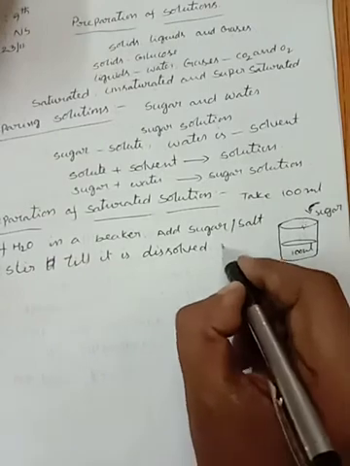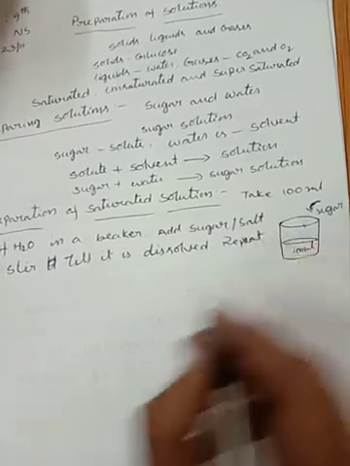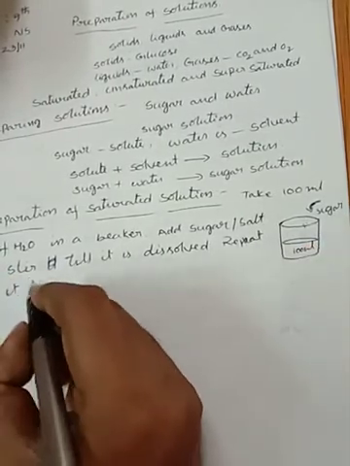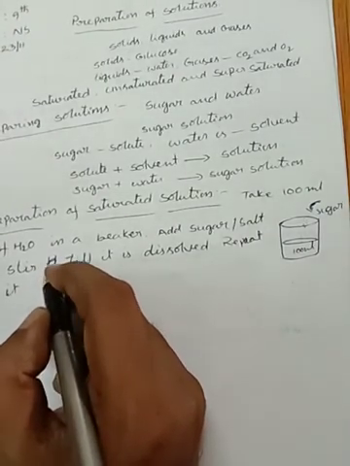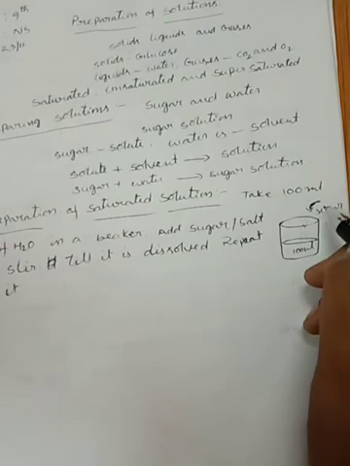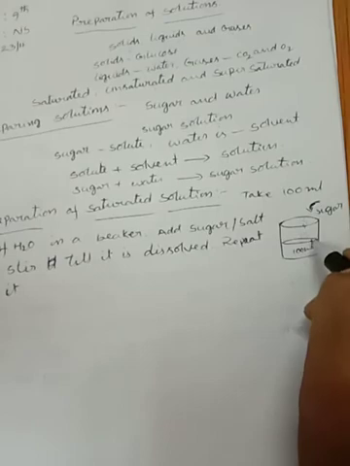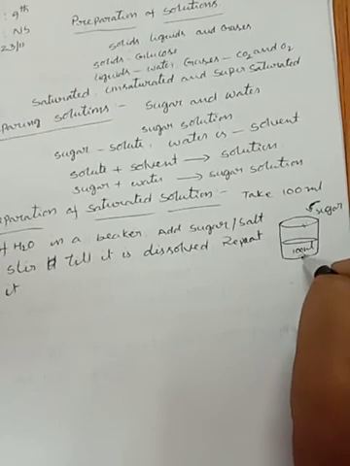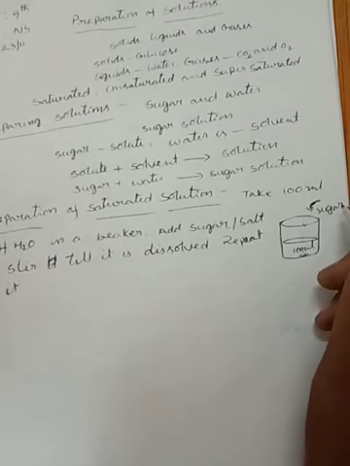Till a little amount of sugar is also added to the solution. If some is left at the bottom of the beaker, which will not dissolve, then we add another teaspoon of sugar in the same water. Stir it well. If the sugar is not dissolved in the water, then it settles at the bottom of the beaker. Okay, this is the saturated solution of sugar or salt.